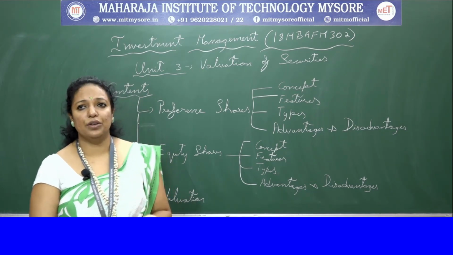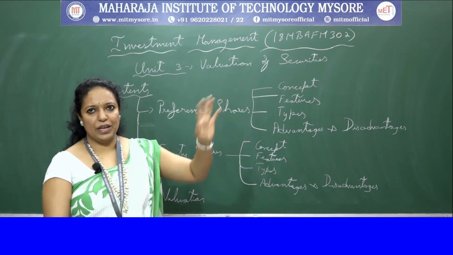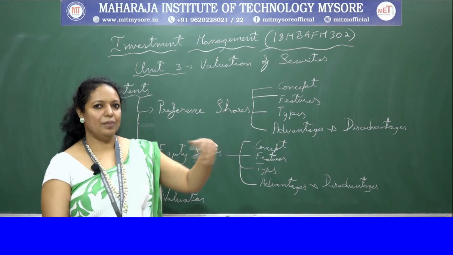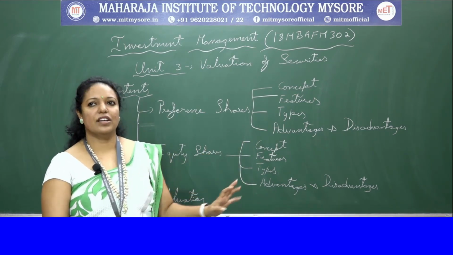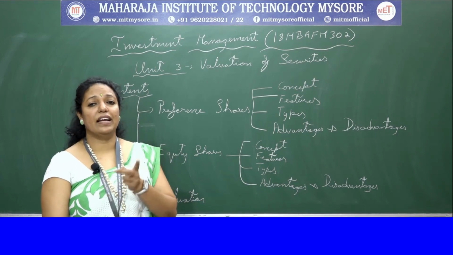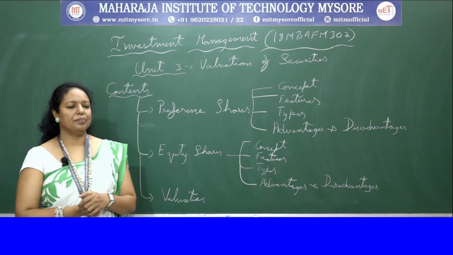Okay. Next is constant growth model. Here dividends will grow at the same rate, there are no fluctuations, for an indefinite period, maybe 5 years, 10 years, the period is not specified, and there is a discount rate which is greater than the growth rate. So the discount rate is normally higher than the growth rate.